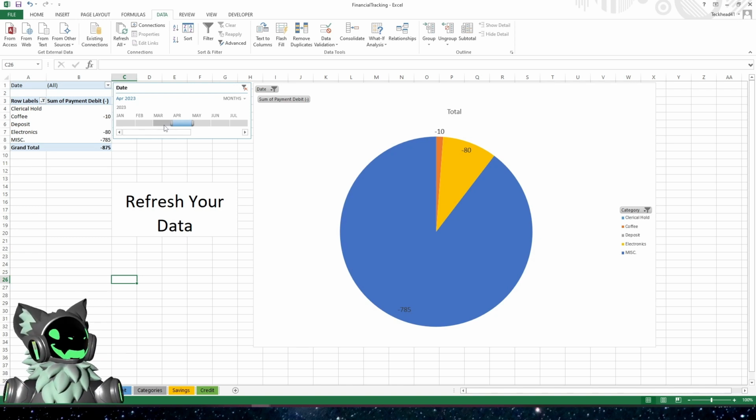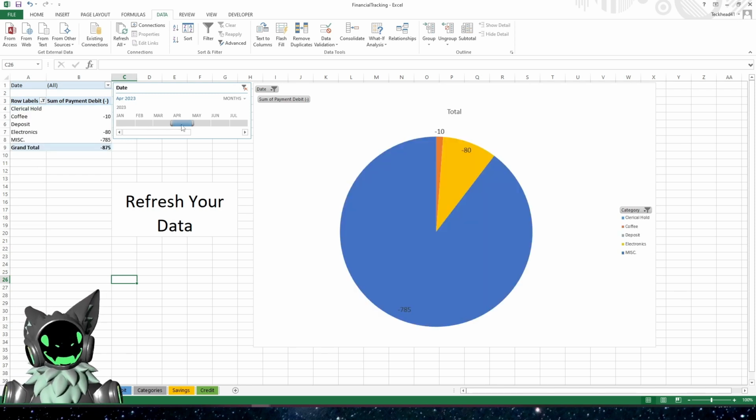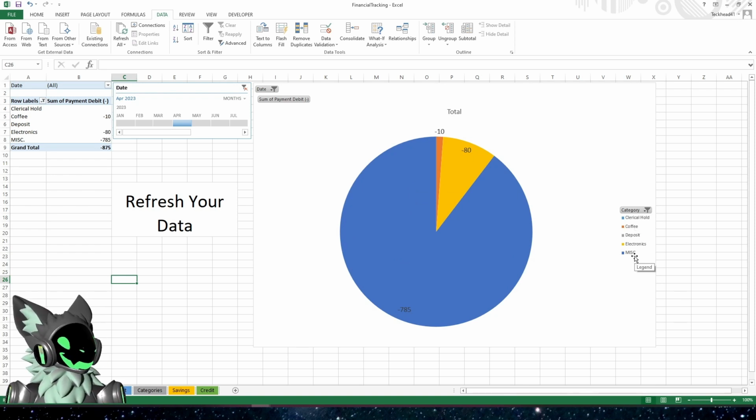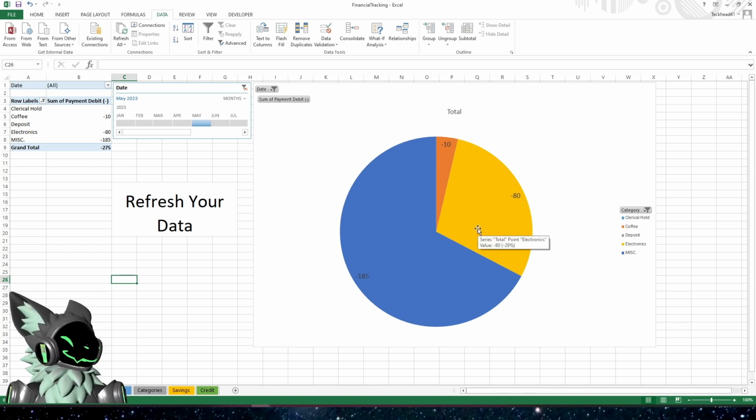So, our little slice of life now. If we wanted to compare and only see what we spent in April, I could just click on the little slicer in the timeline slicer. Now I'm only looking at transactions that happened in April here in our table. And the colors indicate exactly what money was spent on. And if I click on May, then I'm only looking at what was done in May,